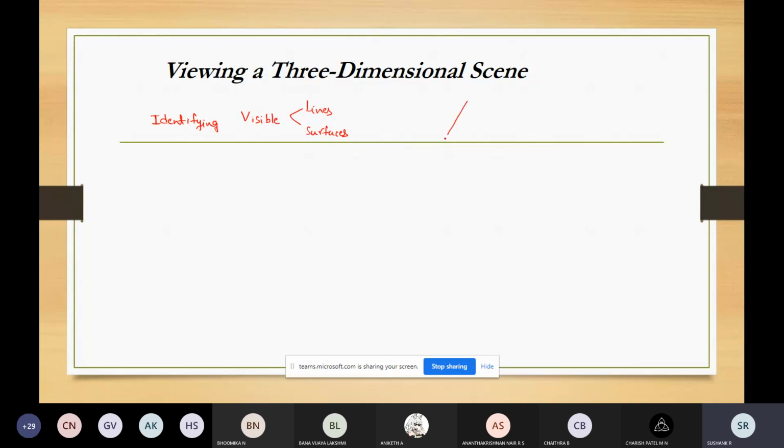For example, we have an object. So assume that we have an object. One second, I'll draw this. So we have one 3D object.